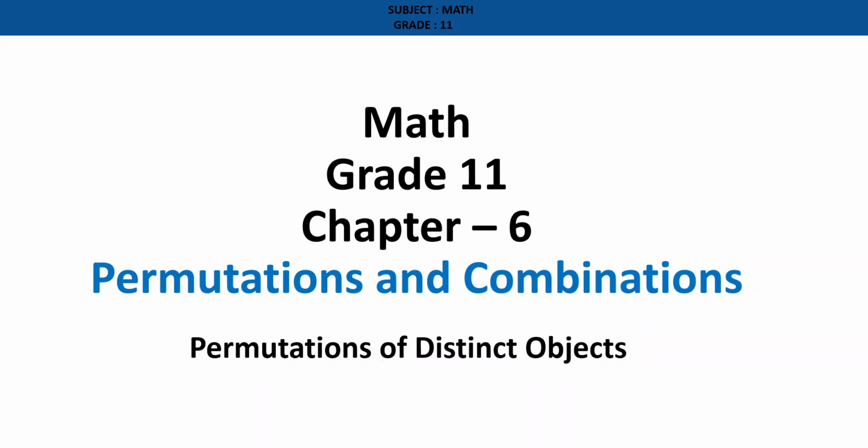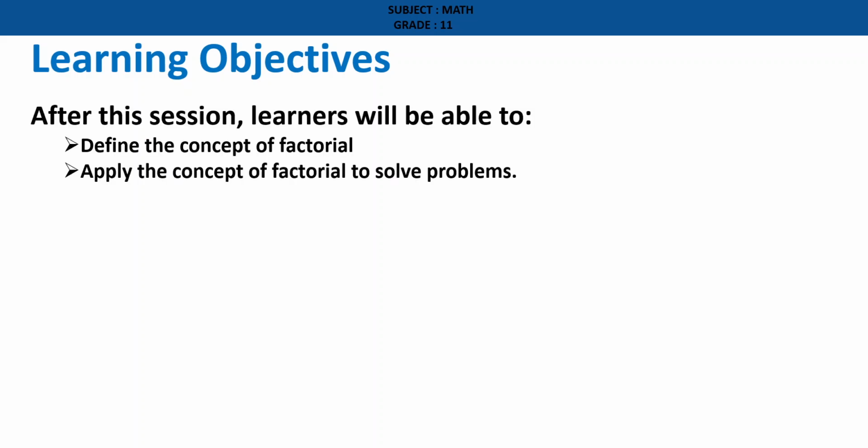Hi all, good morning. Let's start Maths, grade 11, chapter 6, Permutations and Combinations. Subtopic is Permutations of Distinct Objects. Learning objectives. After this session, learners will be able to define the concept of factorial, apply the concept of factorial